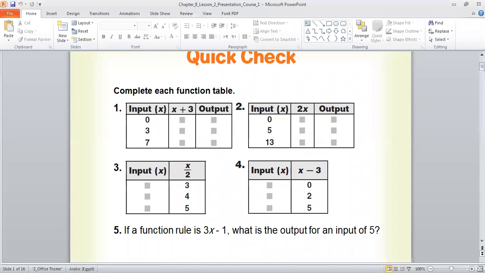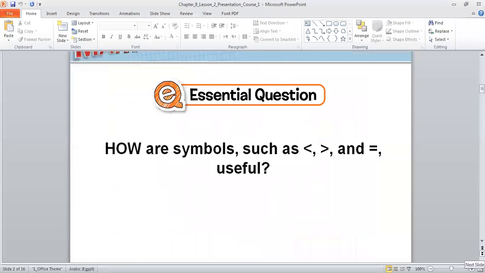Be with me now. Okay, who can read the essential question? I will choose one. I need Khalid Bandar. Essential question: how are the symbols such as... Speak up, please. I can't hear you. Speak up. Essential question: how are symbols such as